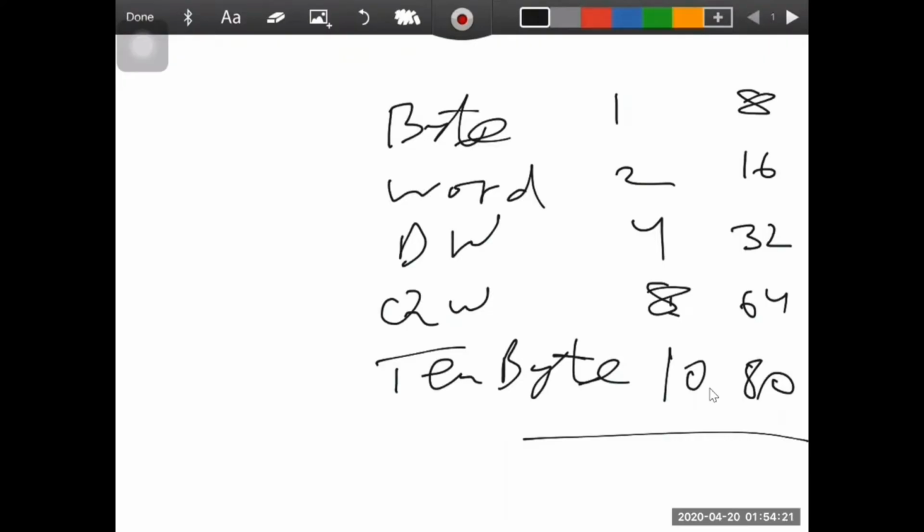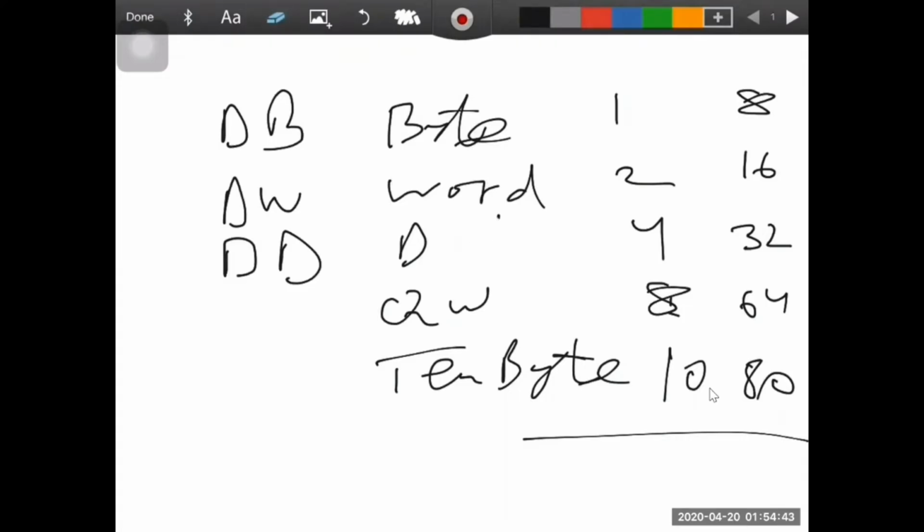For define byte, the keyword used is DB. For word, DW. For define double word, that is DD.